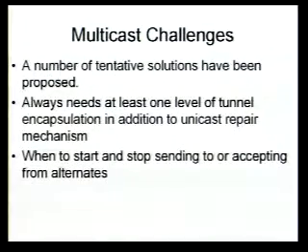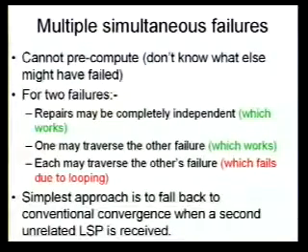We did not discuss multicast. There are a number of proposals on the table. This is as much as I'm going to talk about multicast, but the question is, do we need to solve this for multicast or not? Multiple simultaneous failures. Our solution to this is known as the runaway policy. And it's runaway policy because we can detect one failure and solve for that, but when we hit multiple simultaneous failures, I actually believe from experience, and others believe from experience, that we should just simply not try and solve that. Go back to your default mechanism, because it's almost an impossible solution set to find all of the loop-free paths for multiple simultaneous failures in the network.